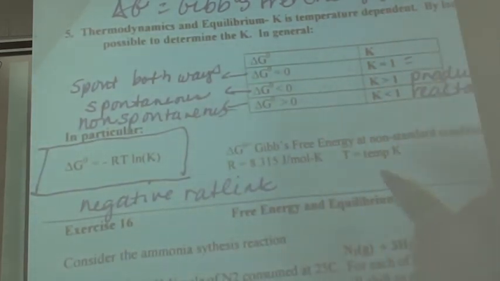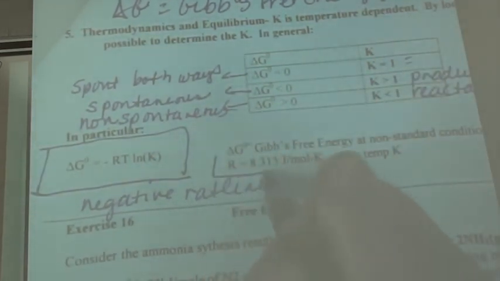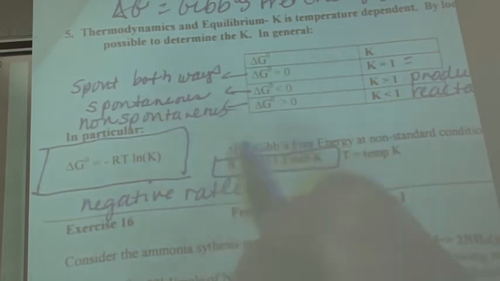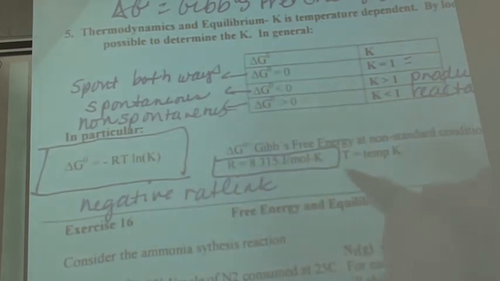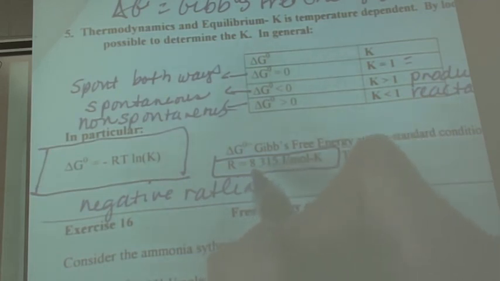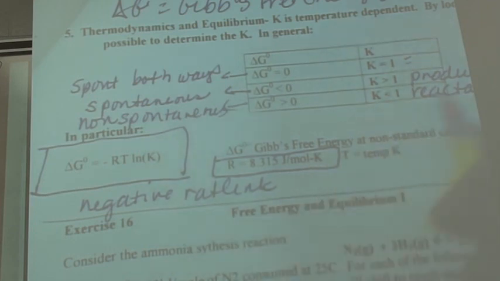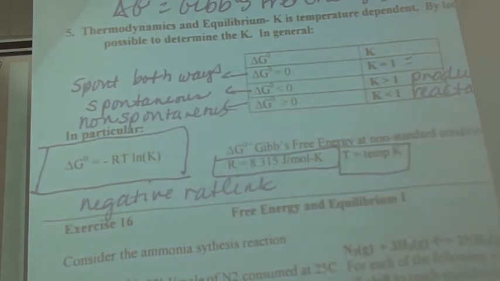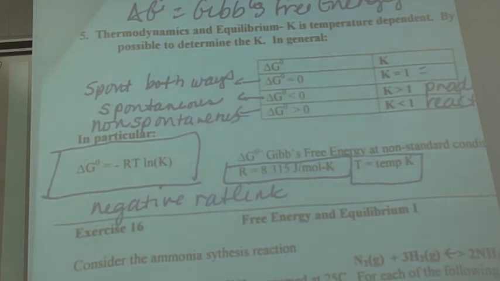Here are 2 things for you to watch out for. First of all, the R in this equation is the gas law constant that deals with energy, so it's 8.315 joules per mole Kelvin. And because you're using a value of K, the temperature must be in Kelvin. I'm going to leave this alone until we wrap up thermodynamics at the end of the year when everything comes together. How do you tell the difference between that R